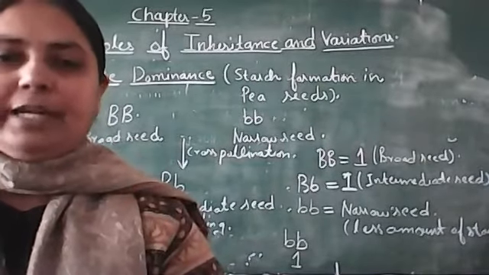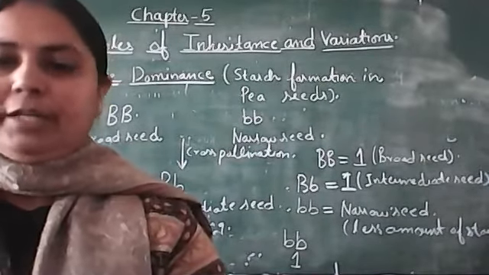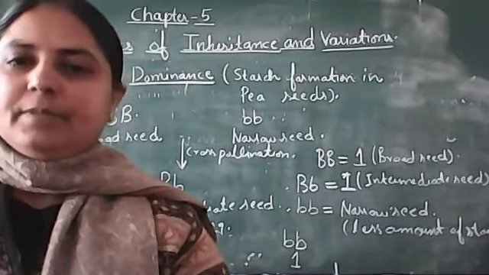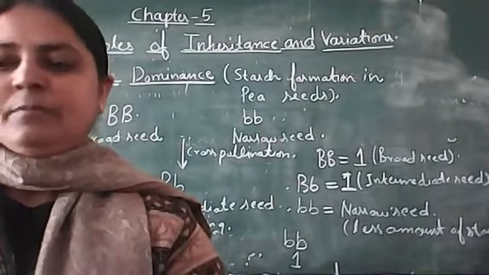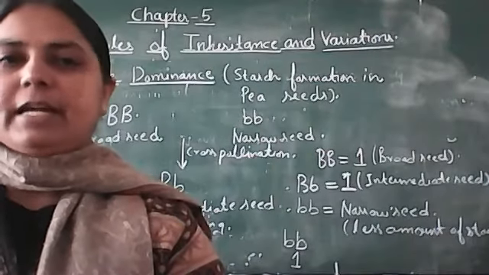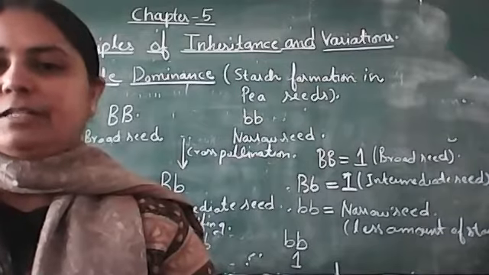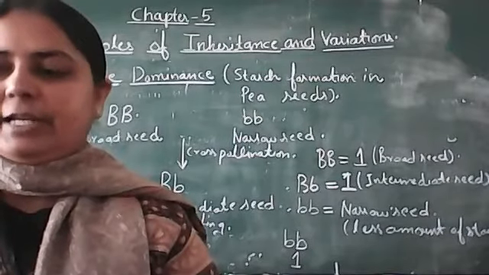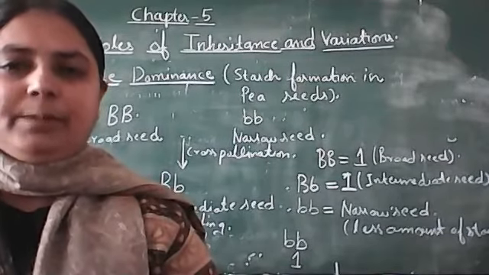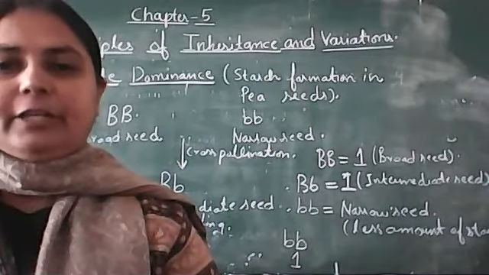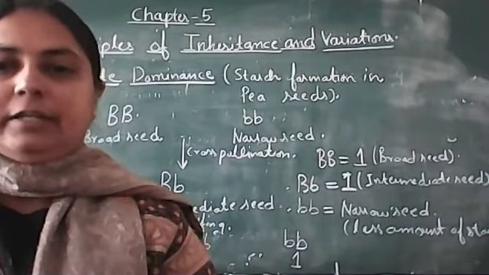So you have to revise up to page number 80, and after this we will do the chromosomal theory of inheritance. As I have already discussed, this chromosomal theory of inheritance was given by the 2 scientists, Sutton and Boveri. And what the chromosomal theory of inheritance is related with, that we will study in the next lecture.